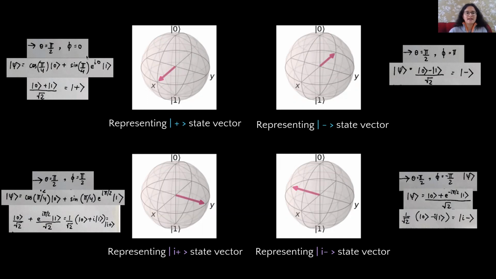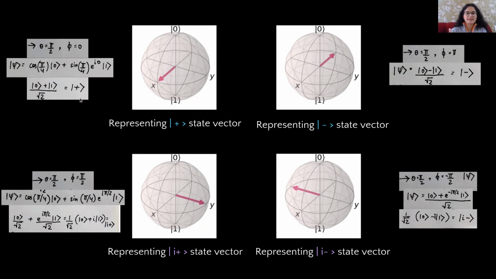So these are the calculations by putting the same theta and phi that we've discussed in the previous video in this general equation and getting this state. So over here, let's just discuss this one. Angle theta is pi by 2, and then angle phi, which is the angle with the x-axis, is 0 because this qubit is lying on the x-axis. So if we take theta as pi by 2 or 90 degrees and phi as 0 degrees and put it in the equation, this is what we get.